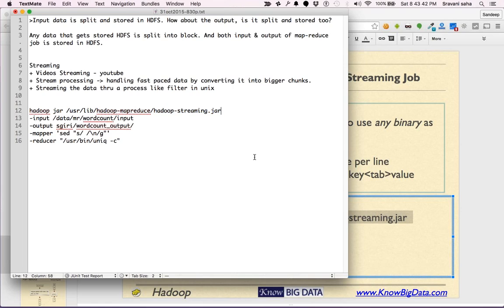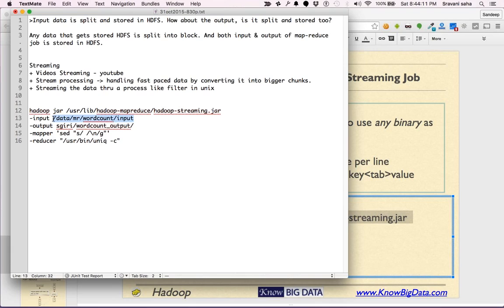Inside this code, it executes these arguments as mapper and reducer, because any Java code can execute any external program, right? So this is the Java code somebody wrote for us. The Apache Hadoop team wrote it so that we can use any command as mapper and reducer.